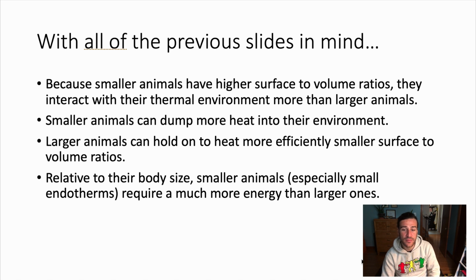So relative to their body size, smaller animals, especially small endotherms, require much more energy than larger ones. Because smaller animals have such a large surface to volume ratio, heat is easily and readily escaping. So they actually have to have higher metabolism, and they require more energy, which leads us